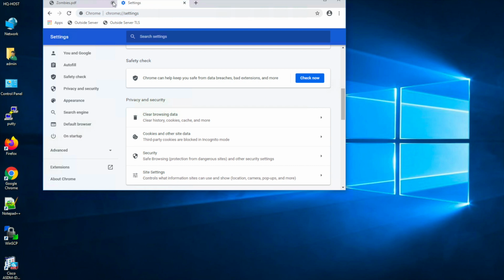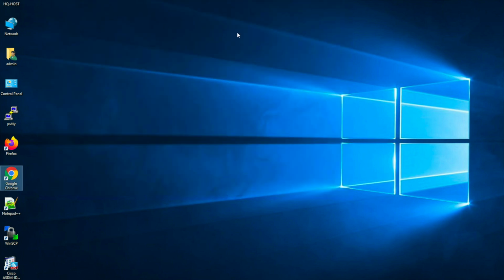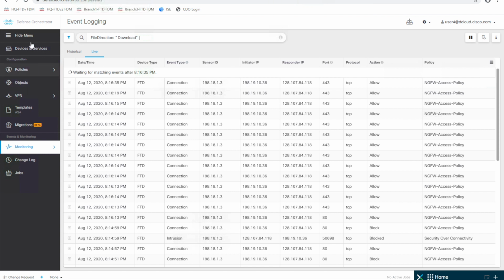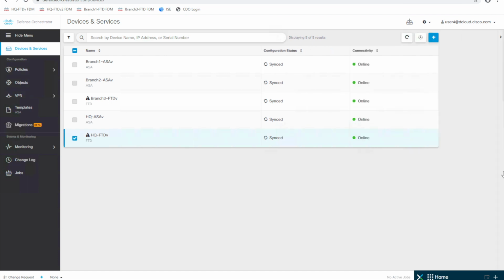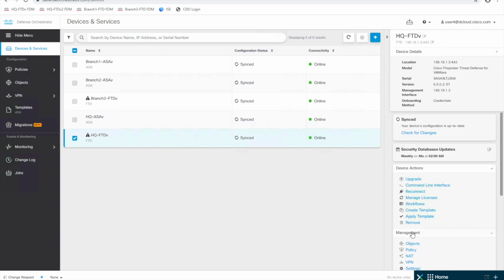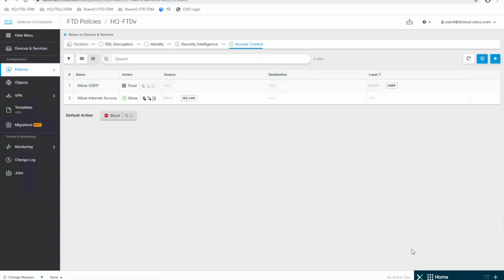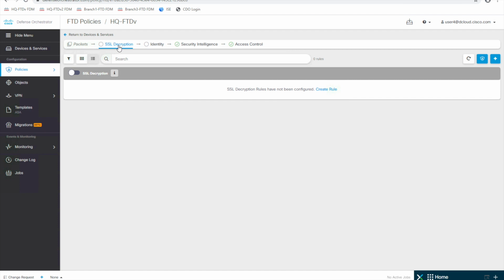There we go. And then let's close all this out. And let's go look at a decrypt policy, so that we can inspect that traffic that we might want to inspect. And we will choose sensitive traffic that maybe we don't want to inspect. So we come over here, we go up to the SSL decryption policy,